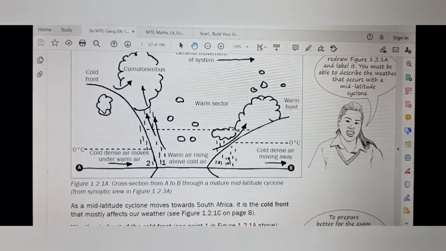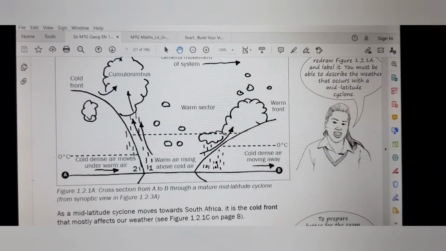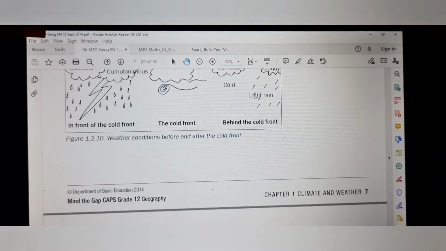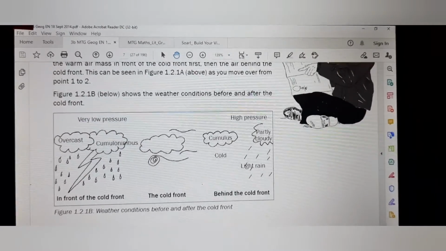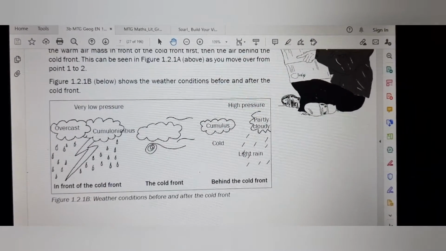So you should be able to know this. You should be able to draw this. So I would suggest when you're practicing, you draw this and you label everything that is in here to get your full marks. And then now let's go to figure 1.2.1 below, which shows the weather conditions before and after